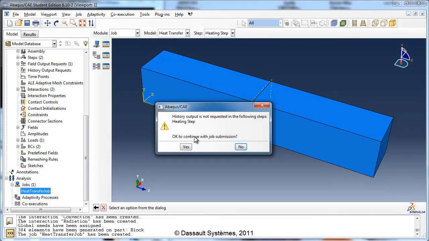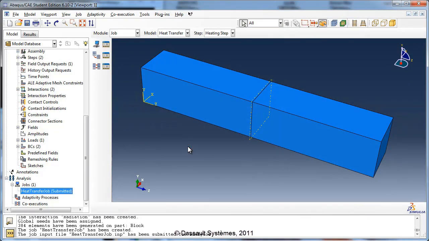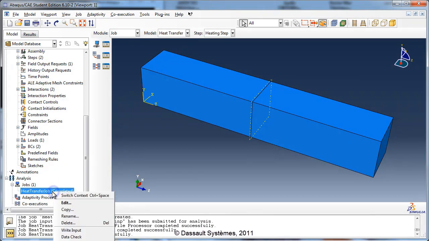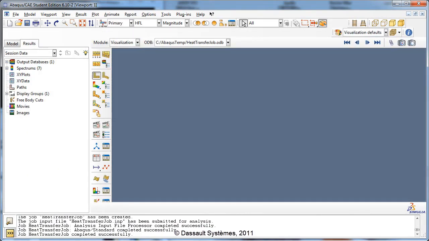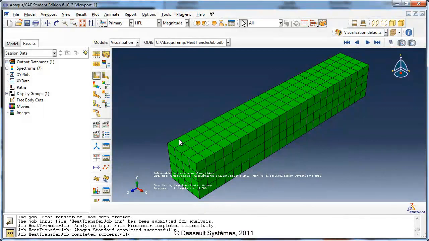Abaqus informs us that history output has not been requested. We will tell it to continue with the job submission by clicking Yes. Let's view the results. By default, the plot state is undeformed,